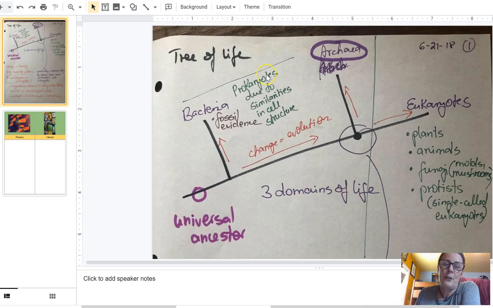So prokaryotes tend to be extremely small cells. They're so small that you absolutely need a microscope to see them, and real good magnification. You'll get to see some in lab, for sure. But for today, just know that they're extremely small. Eukaryotic cells are a lot bigger, and that's why you can see the plants and animals and fungi and even protists. You can see them with the naked eye,